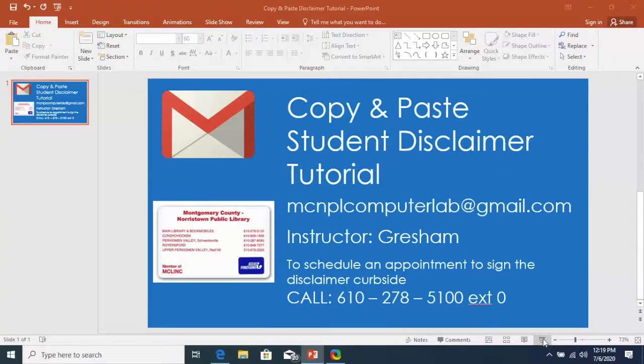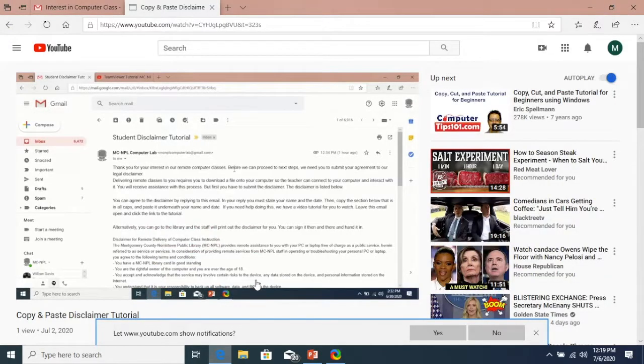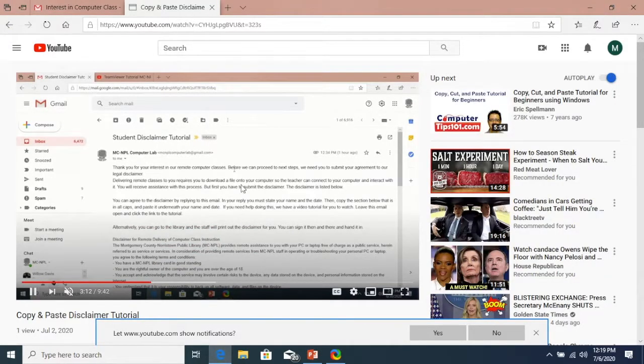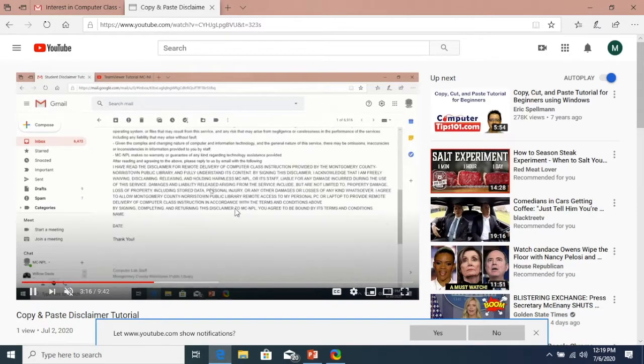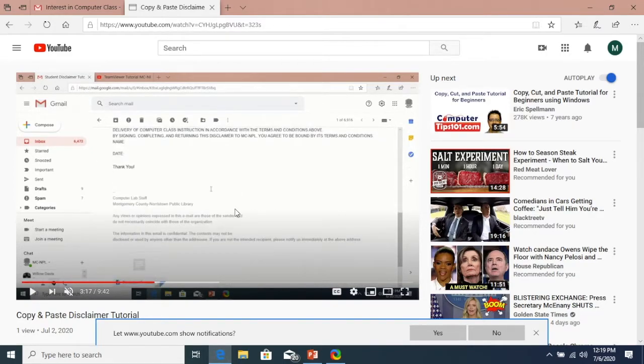And I'm going to demonstrate that for you now. So we can see the video tutorial running here. By clicking this viewing window, we will pause the tutorial, and then bringing the cursor up to the top of the web browser page next to the YouTube tab should be your email tab.